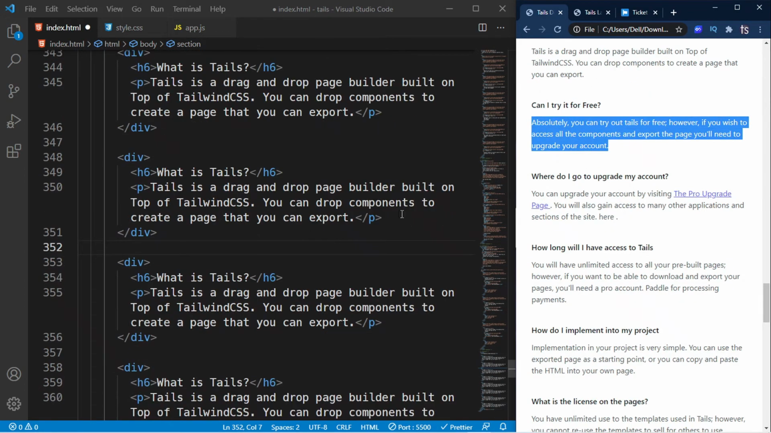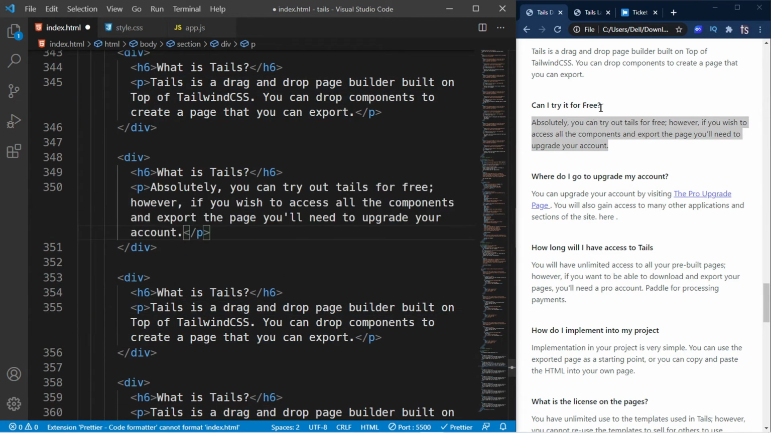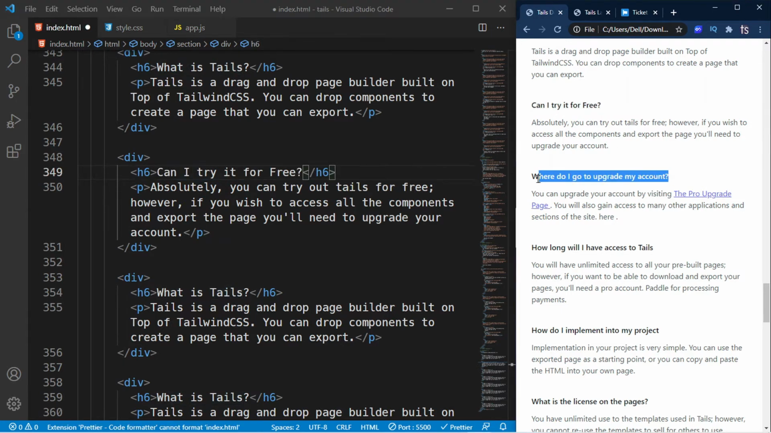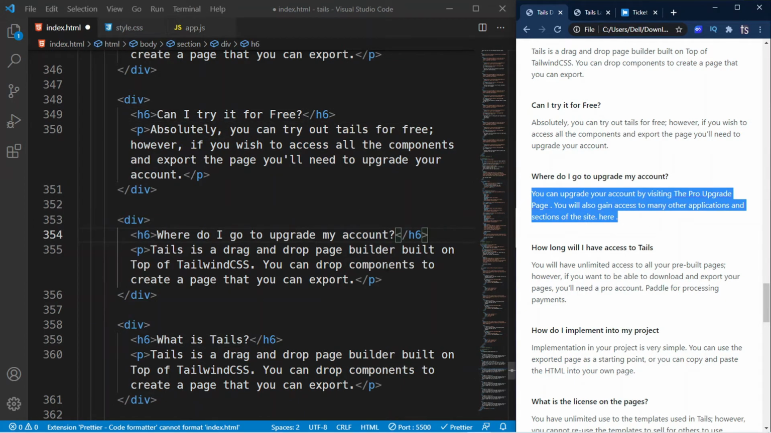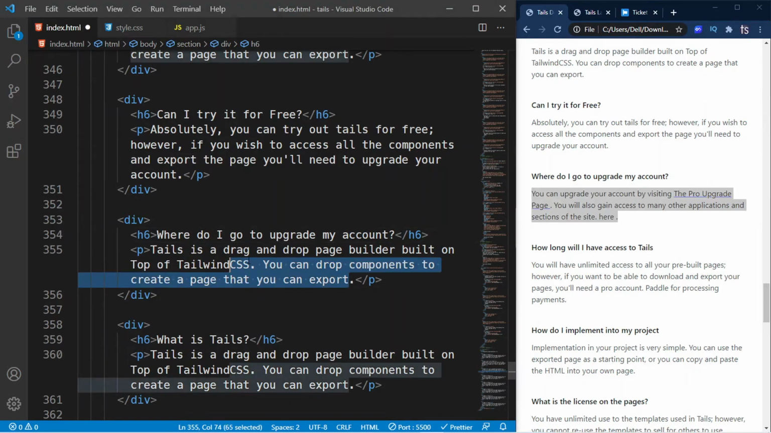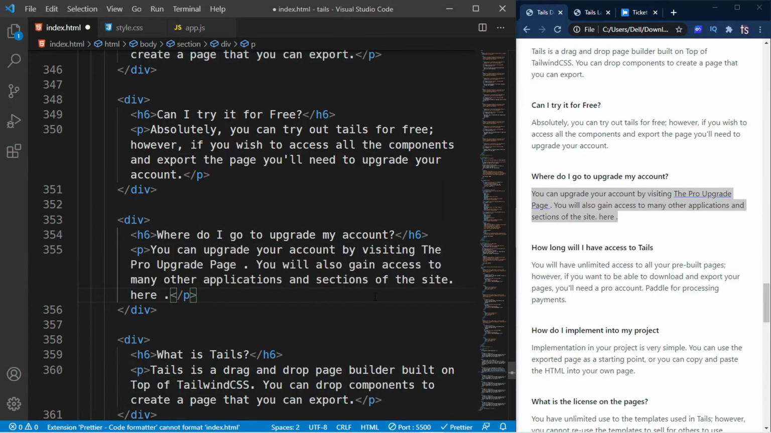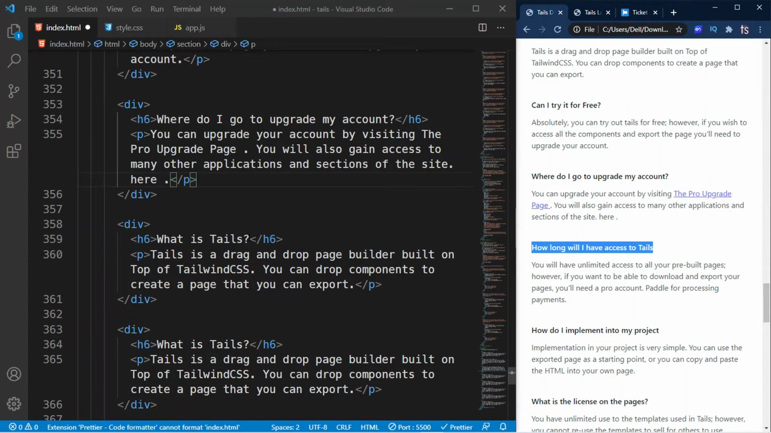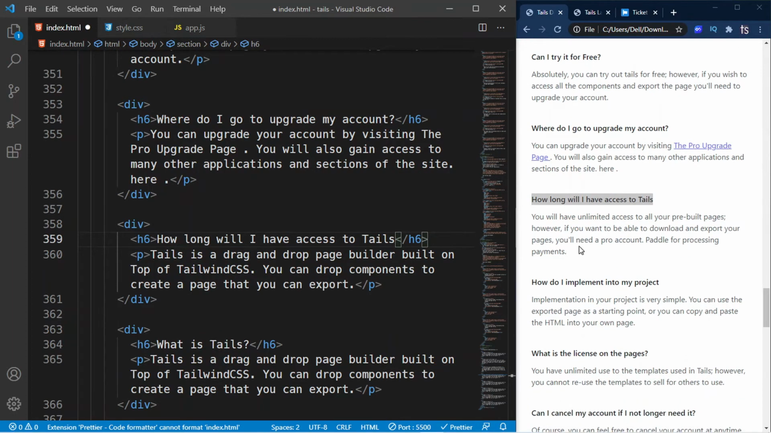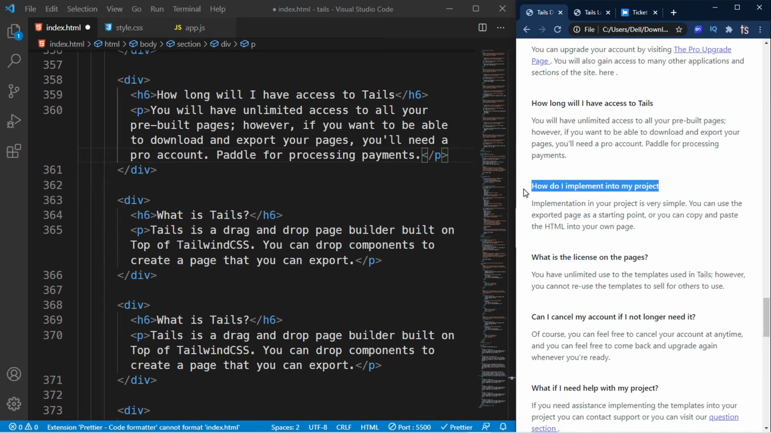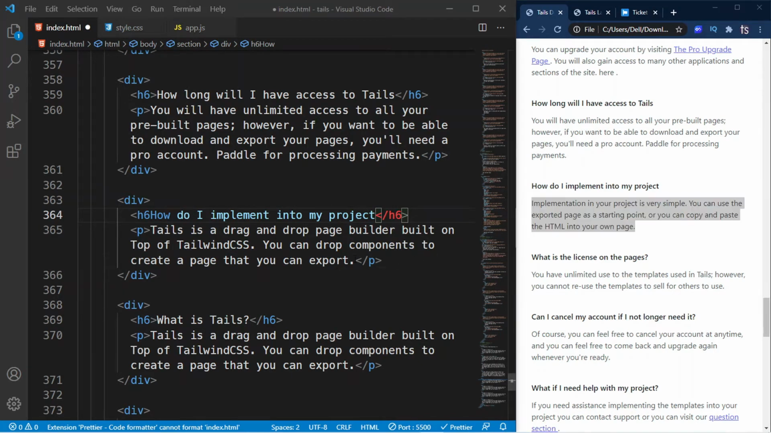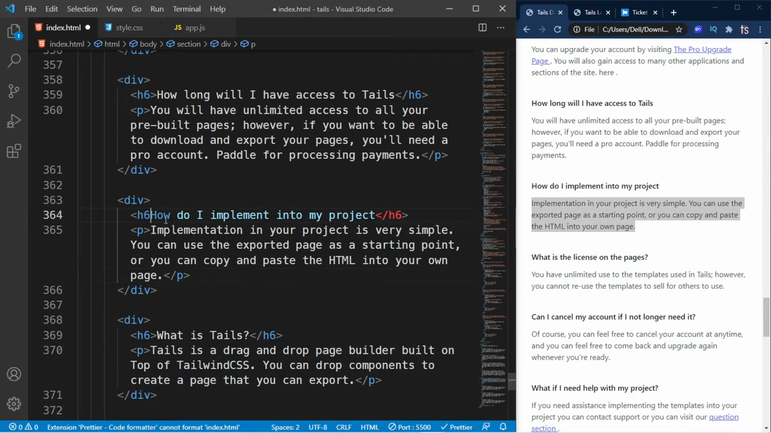So copy this and paste it inside here. Copy this, paste it inside here. Copy this, paste it inside here, and once again copy this, paste it inside here, and then copy this and paste it inside here, and then this one and paste it inside here, and then this one, paste it inside here, copy this, paste it inside here. This should have a closing angle bracket like so,